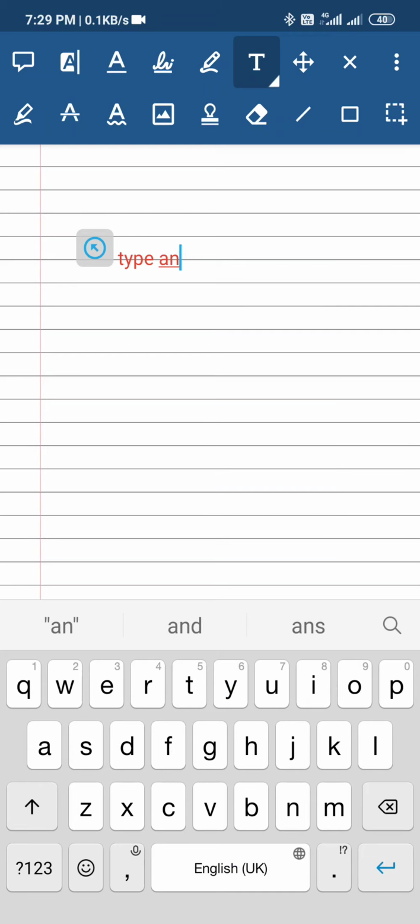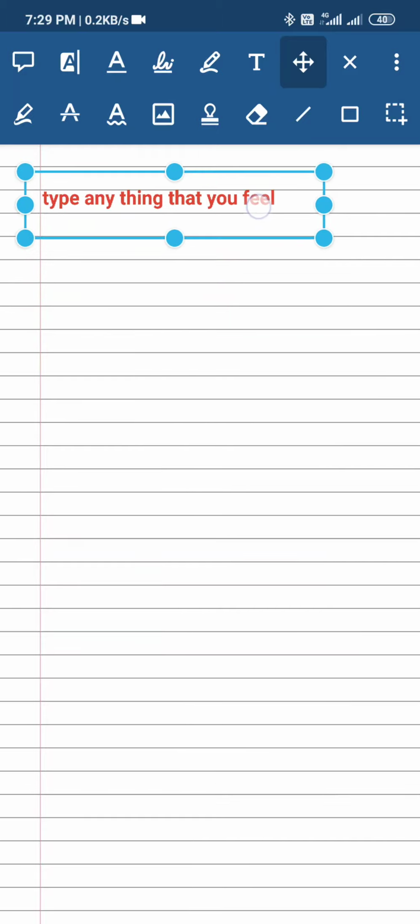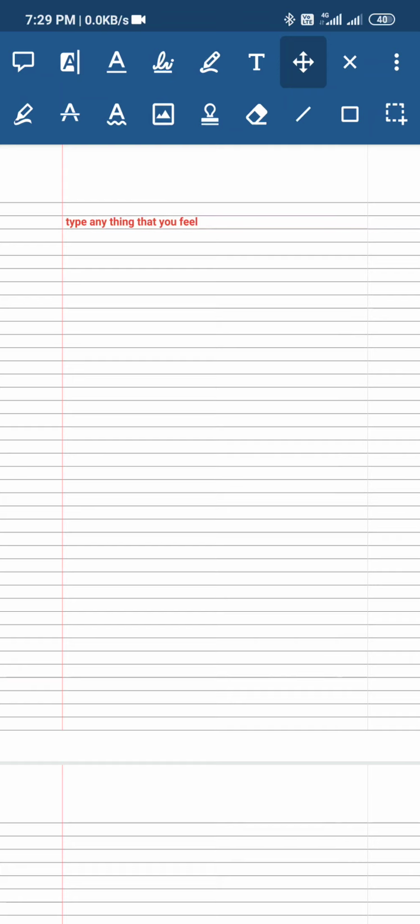Type anything that you feel. Also, once done, you can arrange this. You can select a type and font whatever you wish to. This becomes a very handy tool for all of you to use for online teaching using this Zodo.